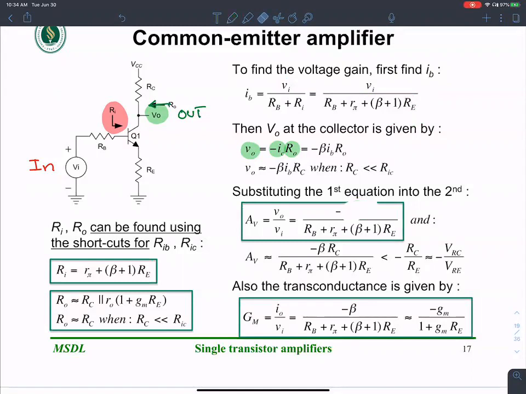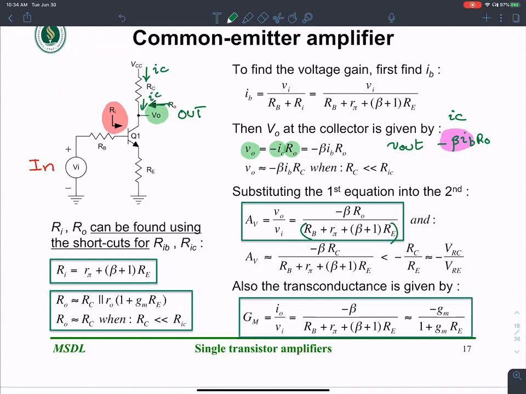Let's do that calculation here. Minus beta IB R naught is V output, right? Because this guy, minus beta IB, is IC. So all I'm doing is the current flowing in this resistance, or the current flowing into the collector, IC,